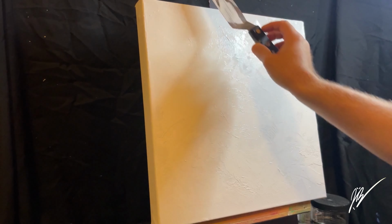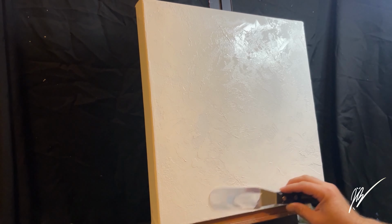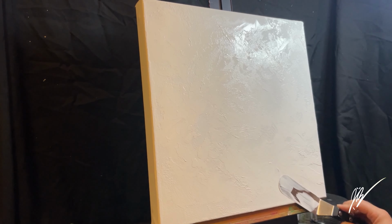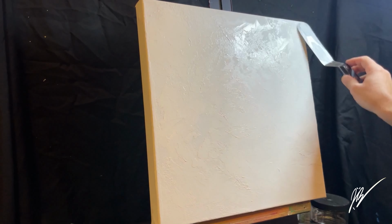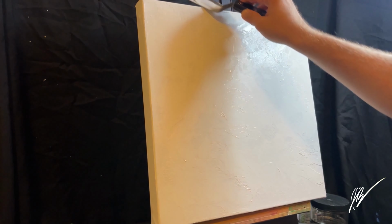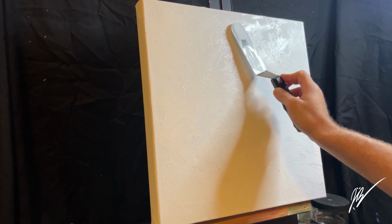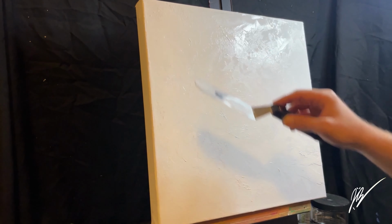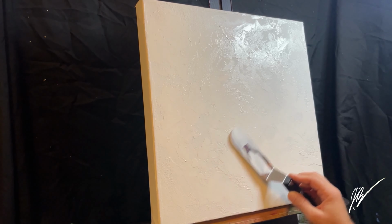Just wait for it to dry, and then that way you're not smearing that under layer that you are working with. I'm not going to cascade this layer over on the outside edges of the canvas. I'm going to kind of just scrape it off and let it stop at the outside edge of the actual painting surface itself. I'll probably paint the outside edges of the canvas maybe a white or possibly an ivory black, depending on how bright the overall